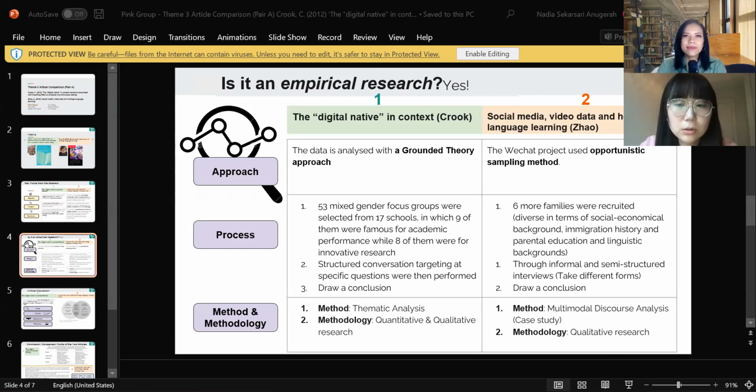Is it empirical research? Yes, both articles use empirical research. In the Crook essay, the data is analyzed with a grounded theory approach. The sample comprised the 53 mixed gender focus groups selected from 70 schools, in which 9 of them were famous for academic performance, while 8 of them were for innovative research, and structured conversation targeting a specific question were then performed. For example,